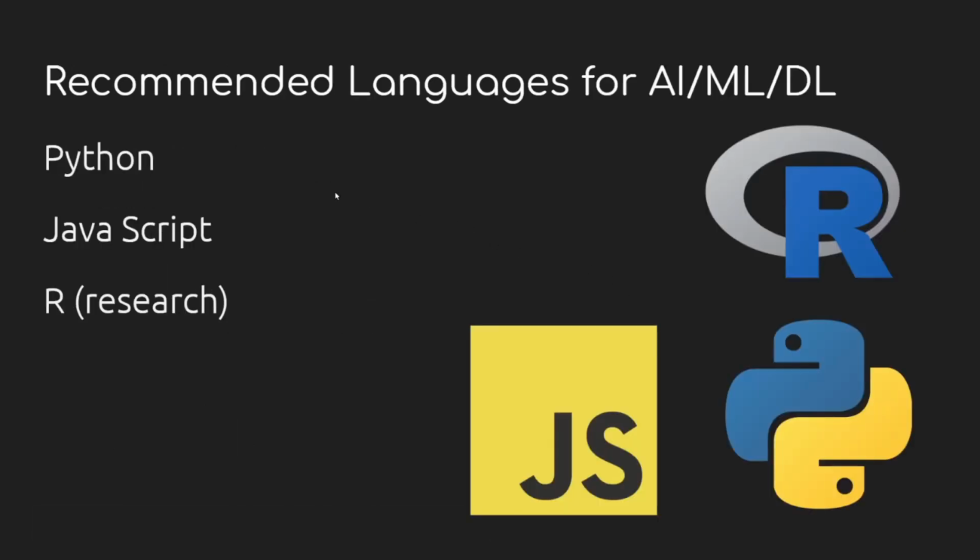Then the recommended languages. The same goes as the last slide. For a beginner, you can go ahead with Python. Python is like a universal language right now, so it's better to learn Python. Then we have JavaScript, for those who would like to implement web-based applications using cameras and the like; JavaScript using HTML5 will make things easy. Then if you are into research, you can go ahead with R also.